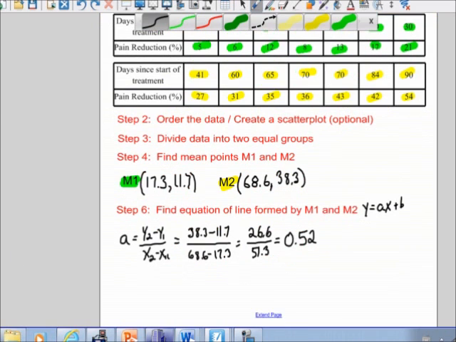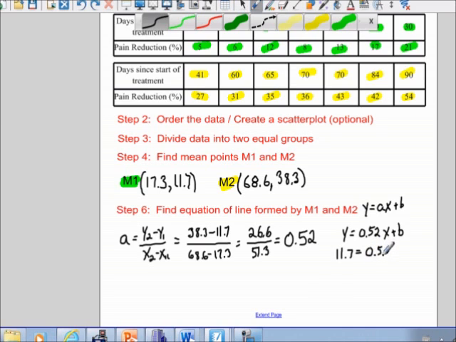Now we've got to find our initial value, or B. And to do that, we can go back to our equation. But now rather than writing in A, I'm going to write in 0.52 x plus B. And since we want to find out B, which is our initial value, or our y-intercept, I need to know X and Y. Well, do we have any time we know X and Y? Absolutely. We can use our coordinates for M1 or our coordinates for M2, and it shouldn't matter either way which one we use. I'm going to go with M1. So I'll fill in 11.7, which is our Y value,